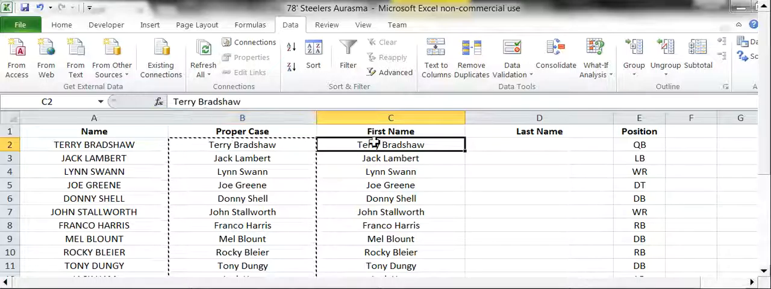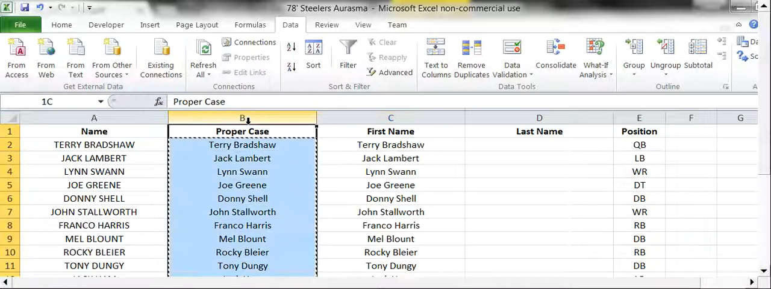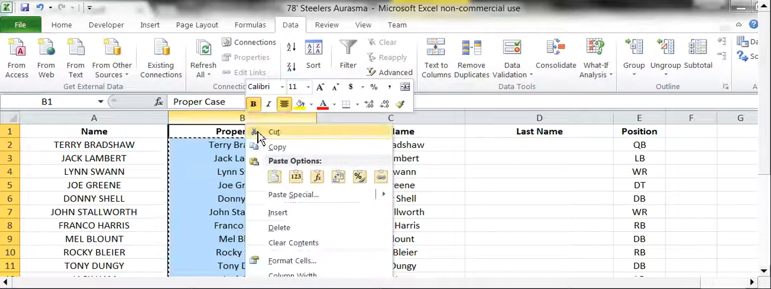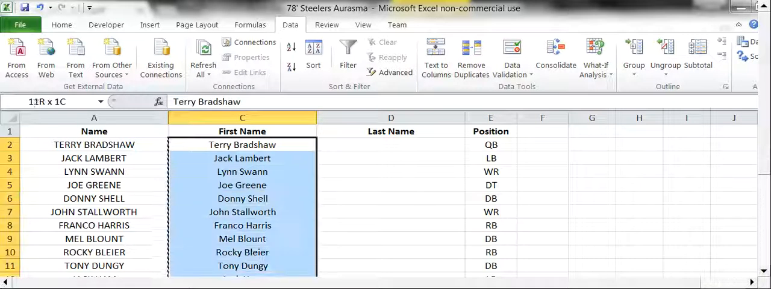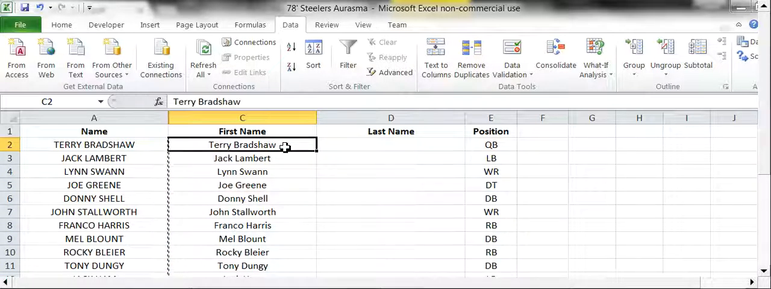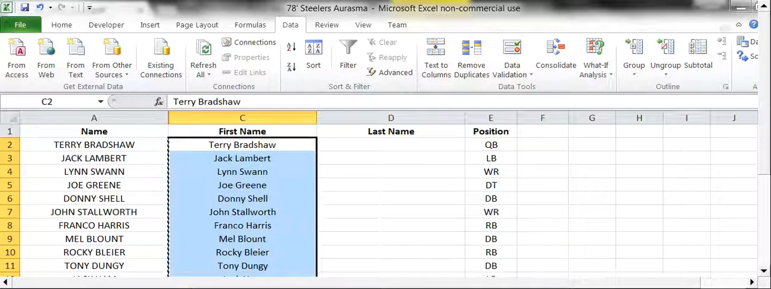Now, just so it doesn't create any confusion, I want to hide this column. I'm going to click on it and right click, hide. Now I want to show you how to separate the names into a first name and last name field. It's very simple. We're going to select all the names. We already have a field over here beside it, so you need to make sure that you have an empty column for the names that you're going to be